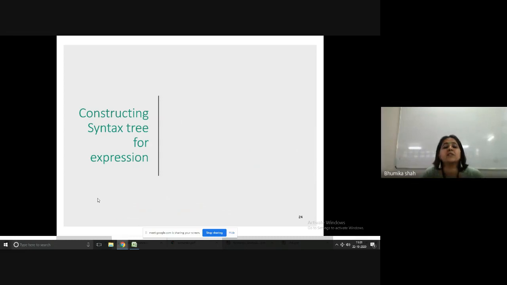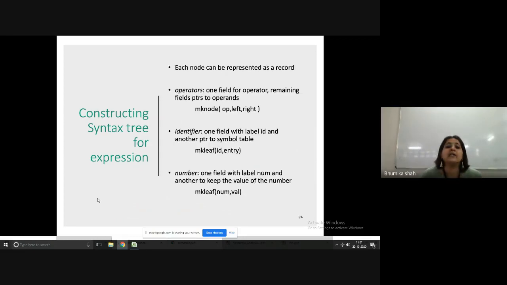Okay. Constructing syntax tree for expression. Now this has been covered by Dhatri madam early, but this is in my syllabus, so I am quickly going to cover it once again. Because this question has been asked many times in GTU, that write down SDD, syntax directed definition, or translation scheme for creation of syntax tree using desk calculator grammar. Means you have to first of all write the desk calculator grammar, then use it for creation of syntax tree and use that for writing the translation scheme or SDD.